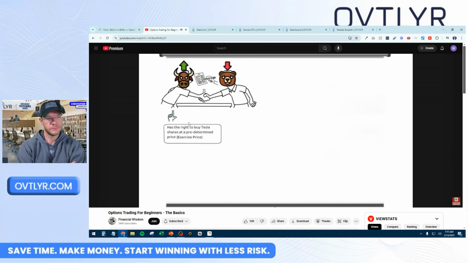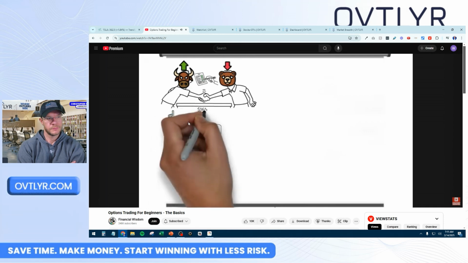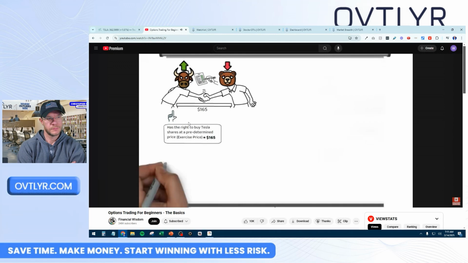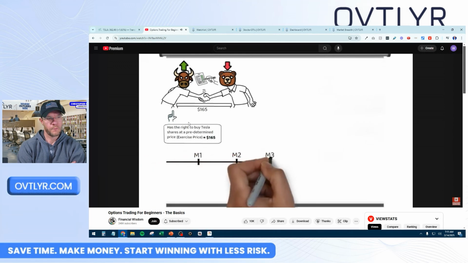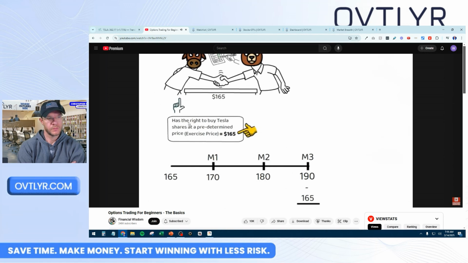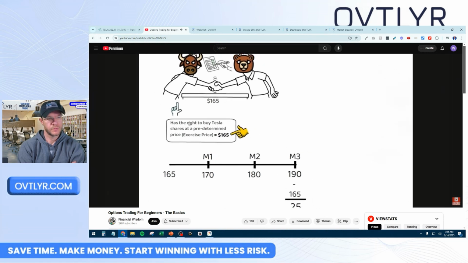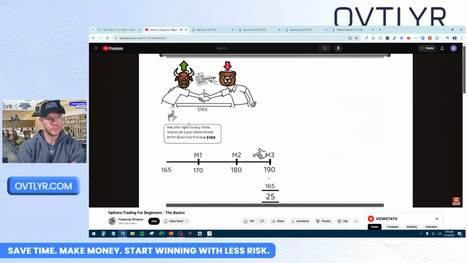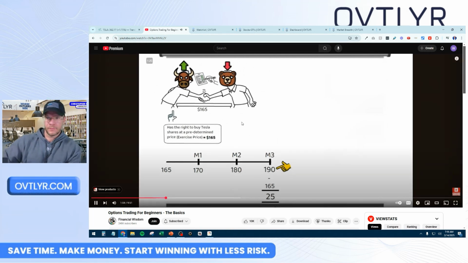So, for example, if the price agreed between both parties is $165, Mr. Bull has an option to buy the stock at $165 after 3 months. Now, if the stock price at the end of 3 months is $190, the bullish trader stands to gain $25 from the agreement, as he can now buy the shares at a lower price from the bearish trader. The bullish trader exercises the option and can sell the shares immediately at $190, carving